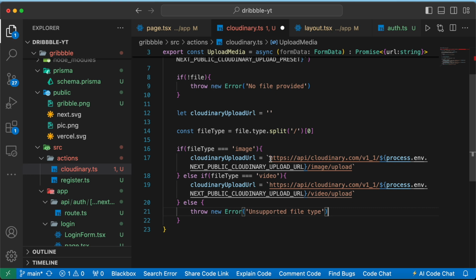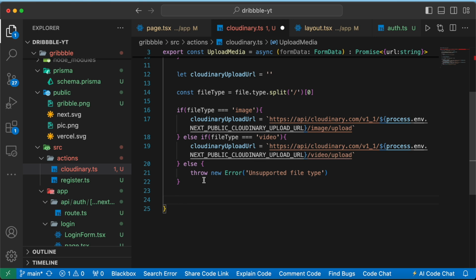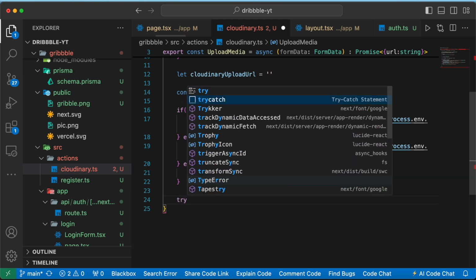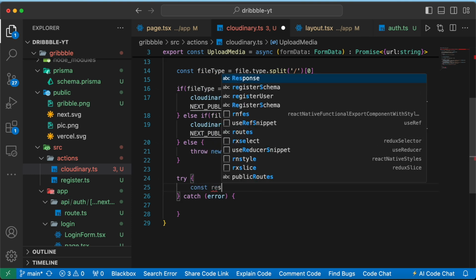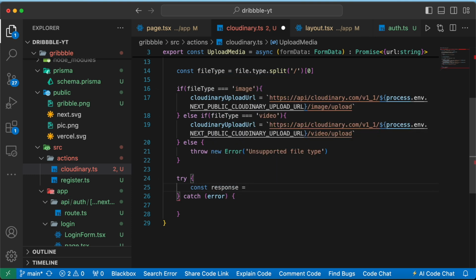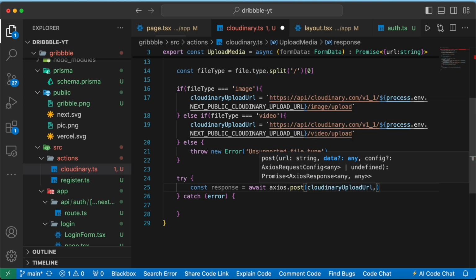And after that we are going to upload this file to this endpoint. So we can use axios here. So use try and catch. Inside that we can write const response is equals to await axios.post method. Inside that pass the Cloudinary URL, and then form data,